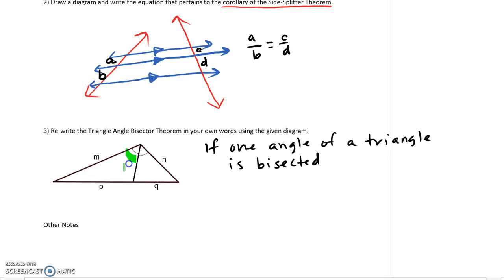So this angle, if that's, say, 50 degrees, this is also 50 degrees, this angle right here, right? It's a perfect cut, the angle. Then it divides